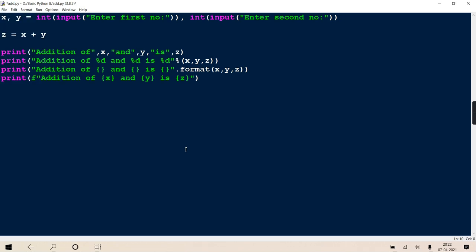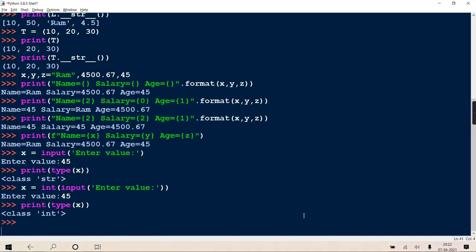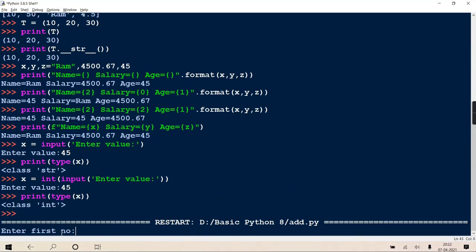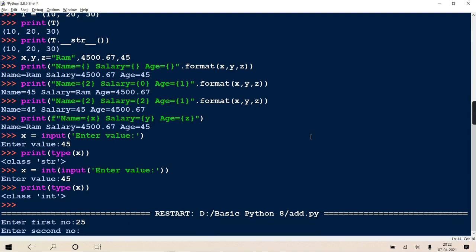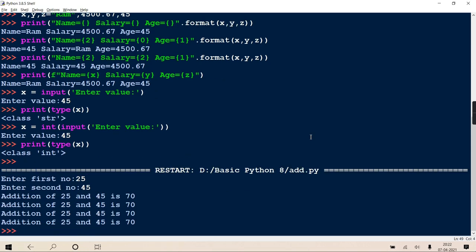Now you know, every Python file is called a module. Yesterday I told you each Python file is treated as a module. So when I click on run module, will it ask you for the first number? Enter first number. Suppose I'm giving 25. Second number I'm giving 45. 70 will be the answer.